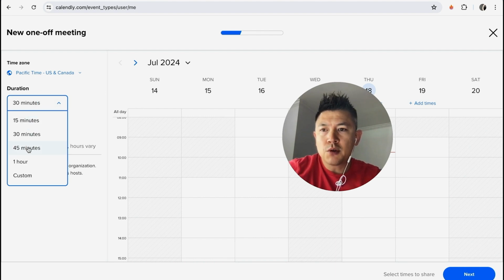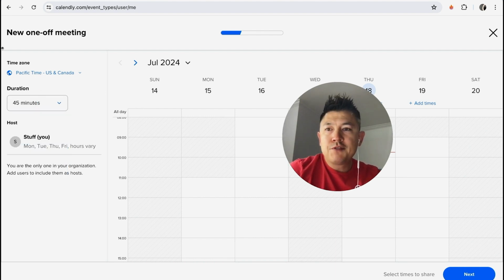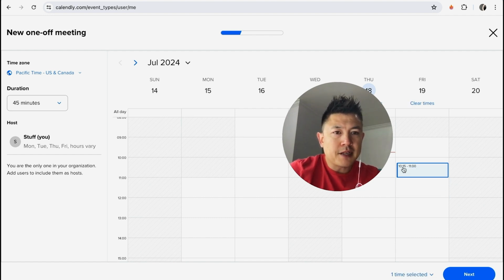So for this one, we'll just do a 45-minute meeting. Once you have chosen the duration, go ahead and choose a time slot that's available. If the time slot is not available, it's going to say unavailable right here. So this one here, we'll choose right there on Friday. Now you can see it blocked out the time 10:15 to 11, 45 minutes, and we'll want to